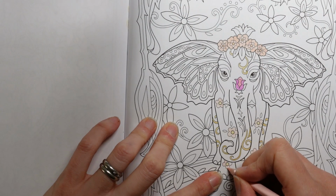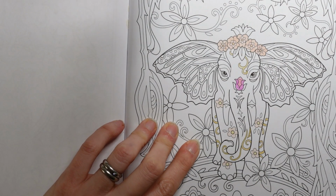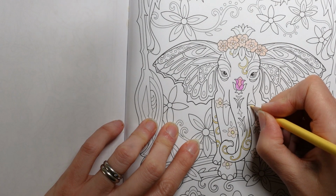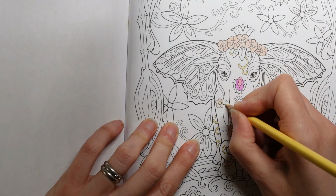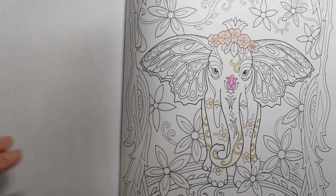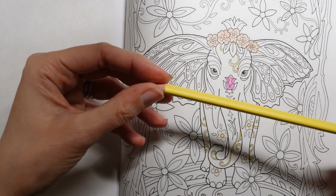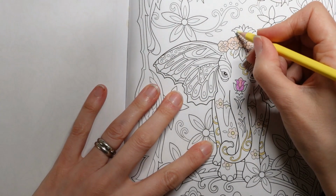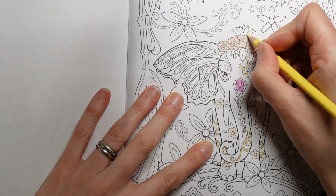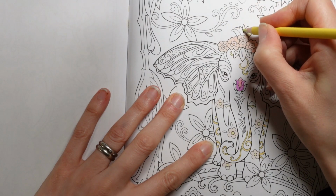Where should we put the creamy yellow? We've got a few yellows now. Maybe I'll put it here on the edge of the tusk. I'm going to leave the tusk itself white, but that bit can go with a little bit of cream. Now this is a yellowy colour, like a mid-yellow. I think I'm going to do this sort of flourishy bit in yellows. I don't know what it's supposed to be, where it should be leaves. We've got some leaves at the bottom though, so